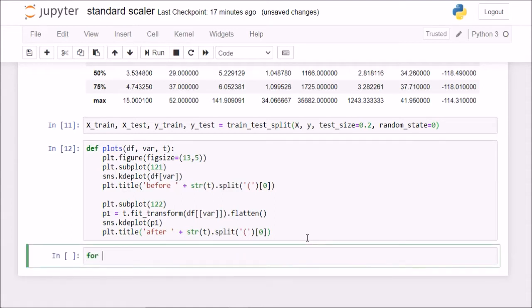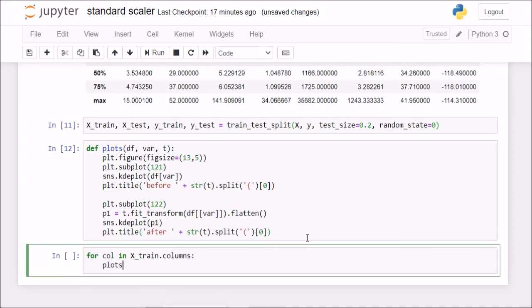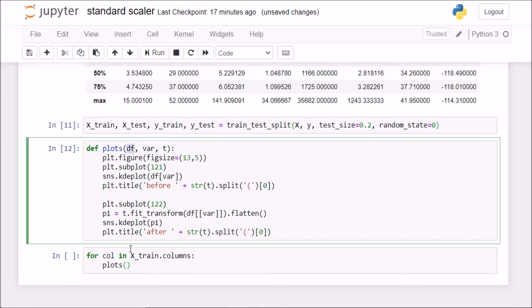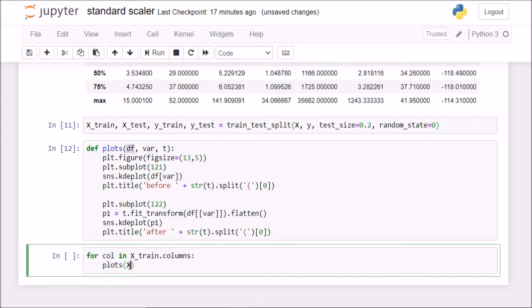So I'll say for each column in xtrain.columns, call the plots function, and for the data frame argument, send in xtrain. Then for the variable argument, send in each column, and for the t, the transformer or the scaler, I'll say standard scaler.